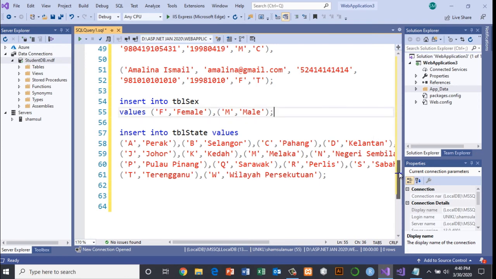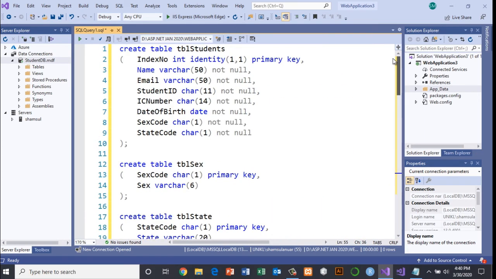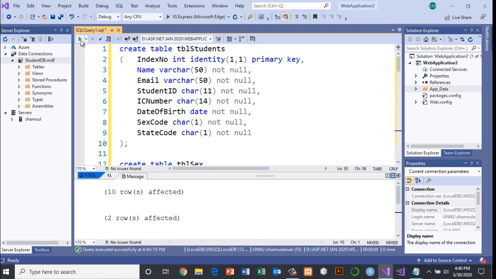So once you have typed this, or in our case we copy and paste, you will notice there is an execute button here, green in color. So we click this execute button. You will find there is a message here: 10 rows affected, meaning that these are all the data that has been added.